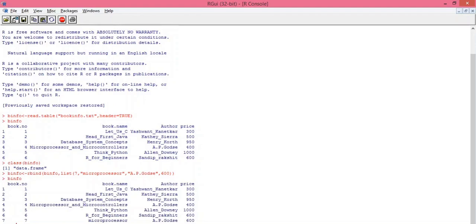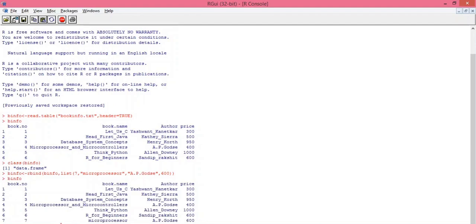Okay, so to export data we have write.table function. Here I want to export data from binfo data frame. So while executing write.table function, first you need to write the name of data frame that you want to export, and after that you need to give the name of your destination file.